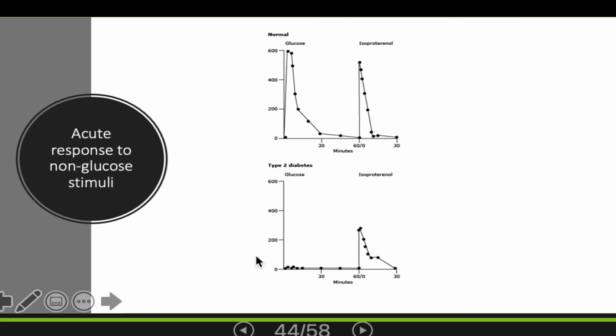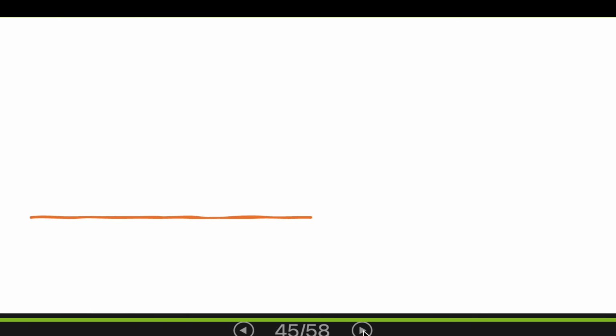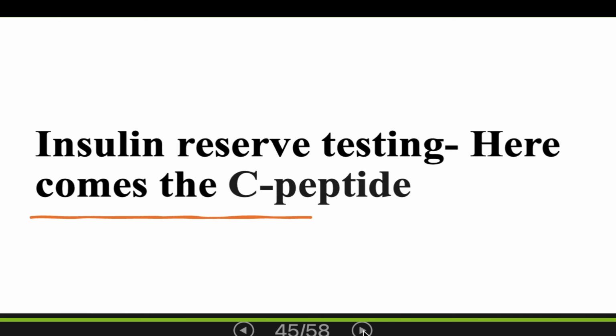So this patient is early diabetic. So eventually, in a patient who has complete loss of beta cell function over a period of time, even this response to non-glucose stimuli is also lost. This is very fascinating for an endocrinologist, but I'm sure in day-to-day clinical practice this has very little use. Now let's talk about what we use in clinical practice, and that is insulin reserve testing,